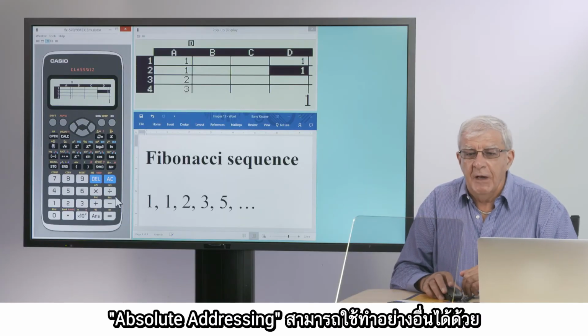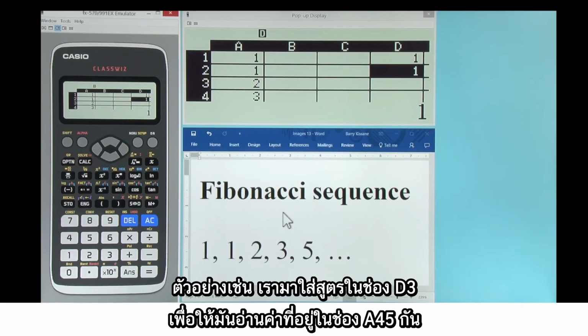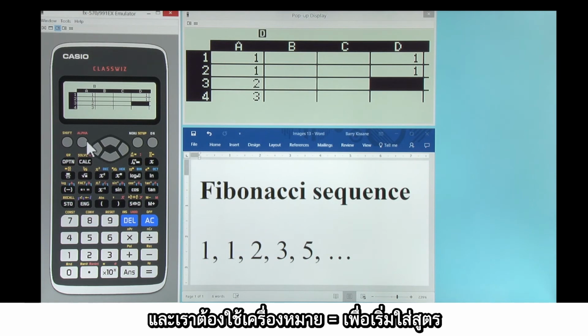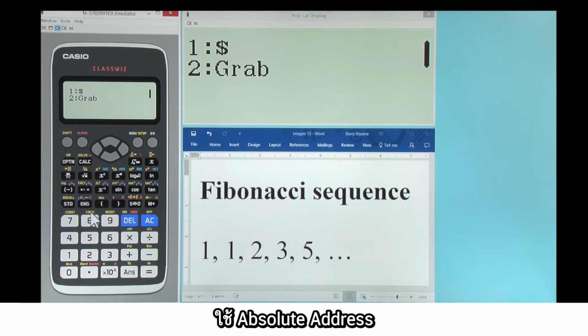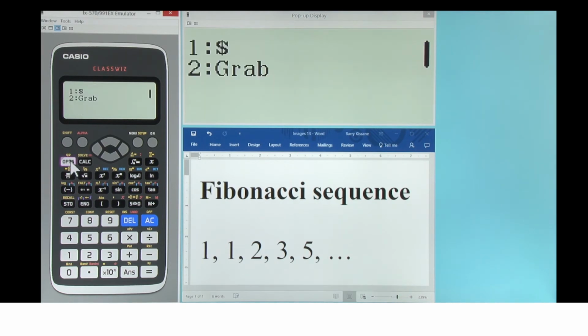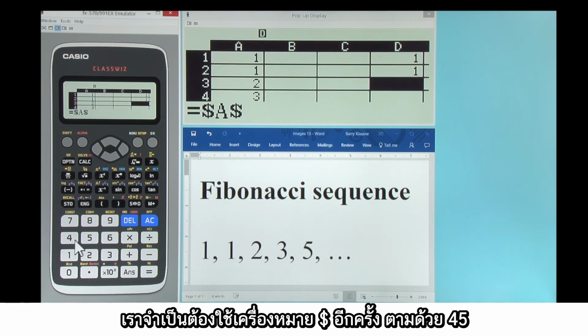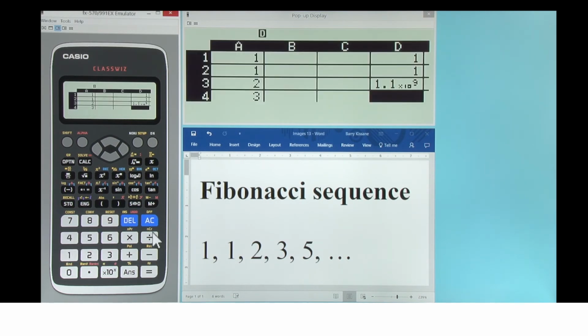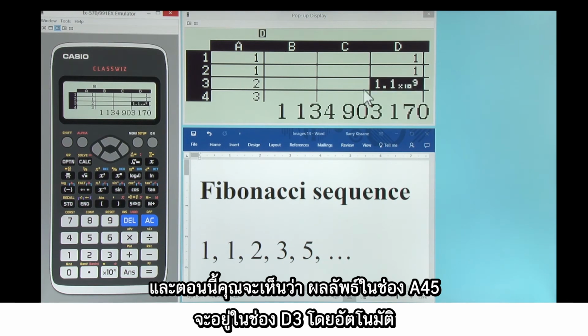Absolute addressing can be used for other purposes too. For example, let's put in cell D3 a formula to read what the value in A45 is. So we have an equal sign to start the formula. We have an absolute address, and we're going to this time look in A45 to save having to go and check each time. And we want a $ sign again, and it's 45. And so now you can see that the result of A45 is automatically in cell D3 without having to scroll